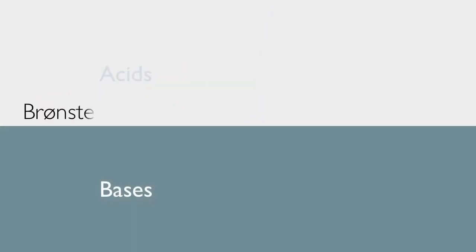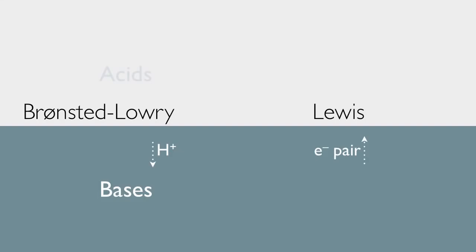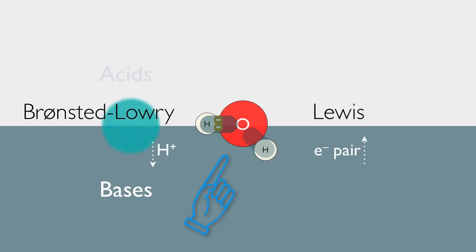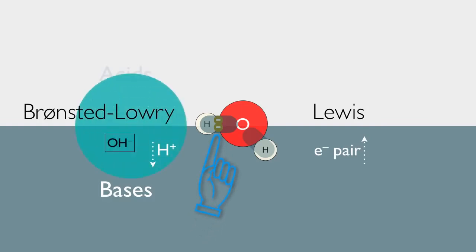Now let's contrast the two theories, and we'll focus first on the bases. Bronsted-Lowry, of course, says that a base must accept a proton, while Lewis theory says that a base must donate an electron pair. Here's our reaction again, but with only the core atoms involved. There's our Bronsted-Lowry base, the hydroxide group, ready to accept that proton, so hydroxide counts as a Bronsted-Lowry base. And there's the electron pair that the hydroxide group is donating to the hydrogen ion, so hydroxide counts as a